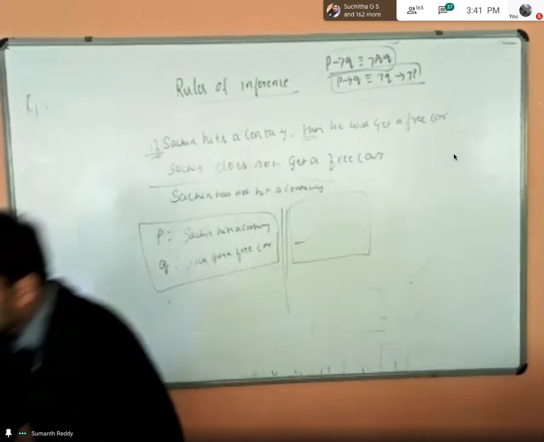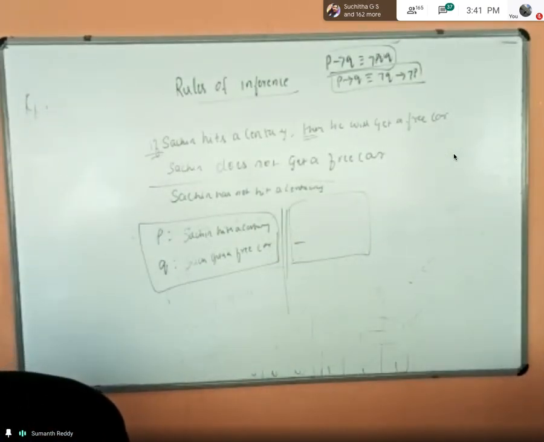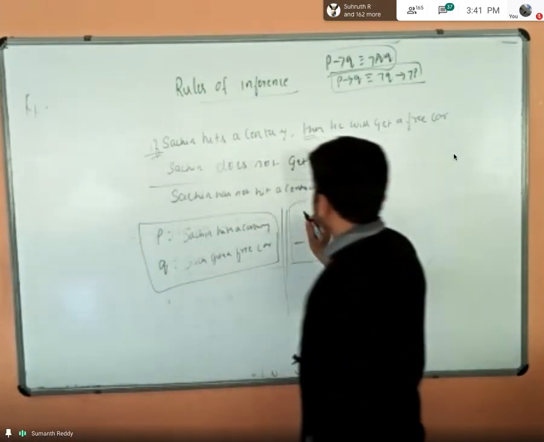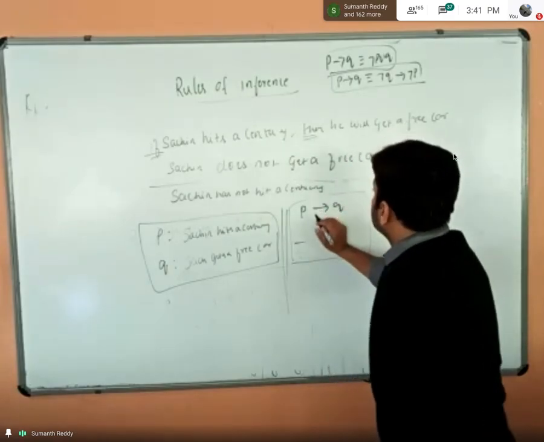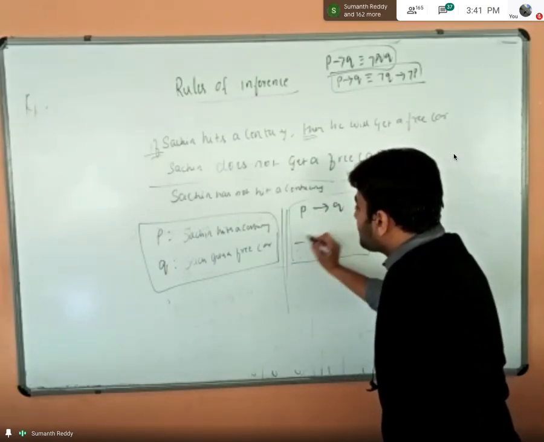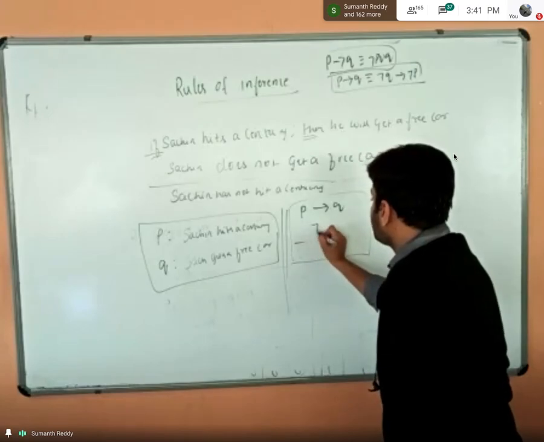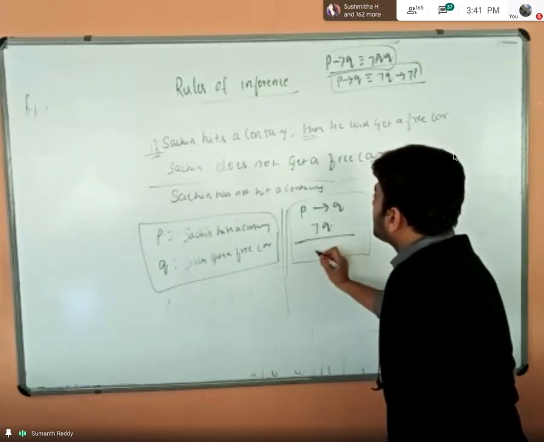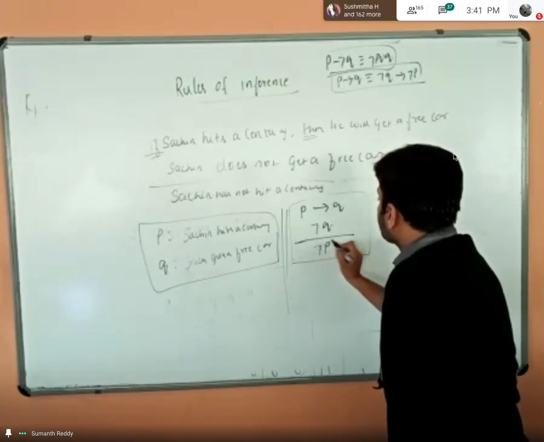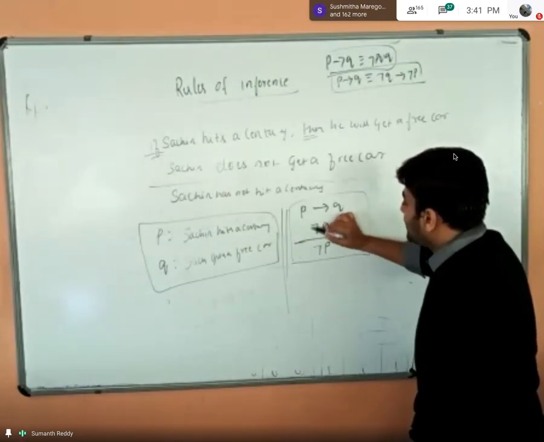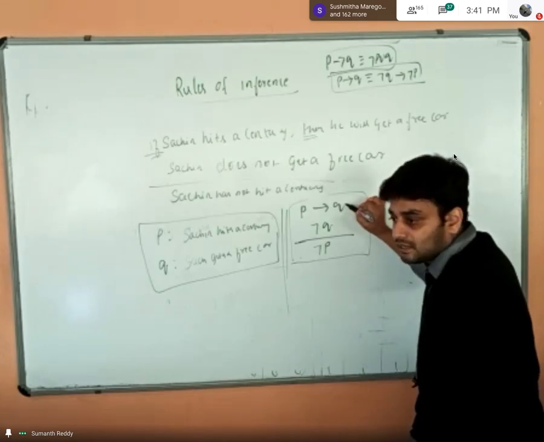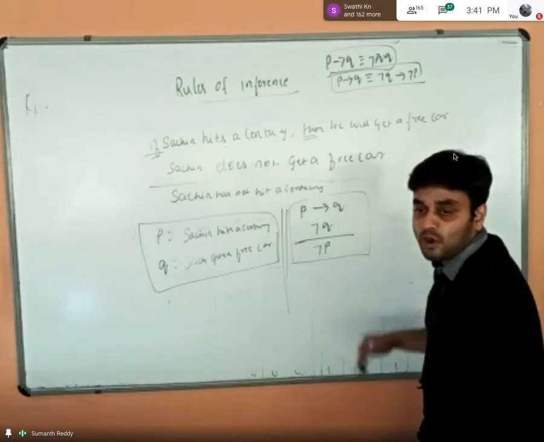Okay, so I think most of you have already answered. Modus tollens, yes, exactly. See, actually the thing is, first if I convert this into the proposition form, it will be like P implies Q, and Sachin does not get a free car. If he gets a free car, then it is Q. If he does not get, then it is negation of Q, right? And the conclusion is Sachin has not hit a century, right? And as I have already told you, in the premises, if it deals with the second part of the conditional, right? So that is called the modus tollens rule.